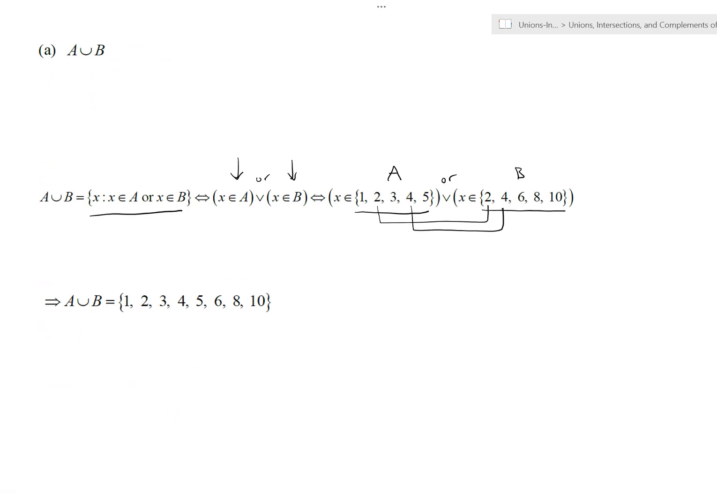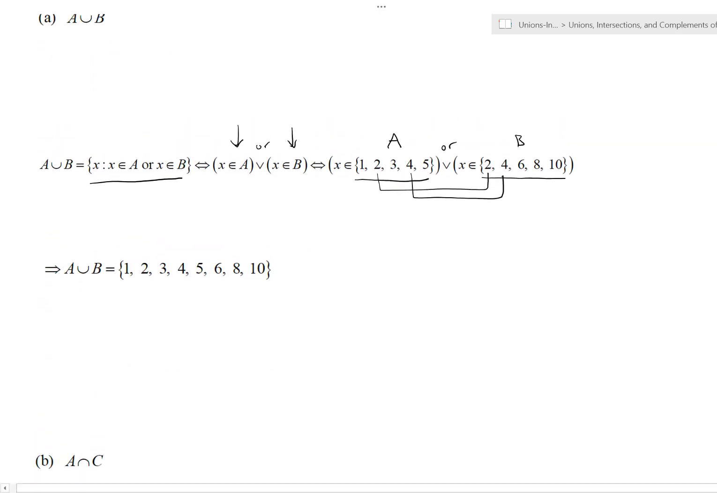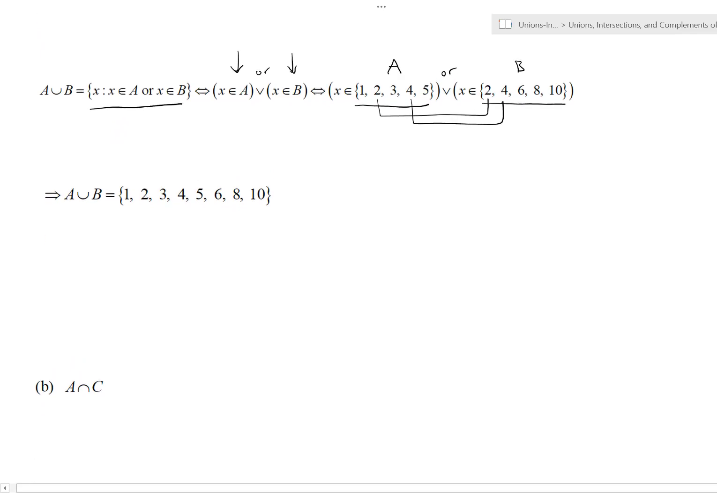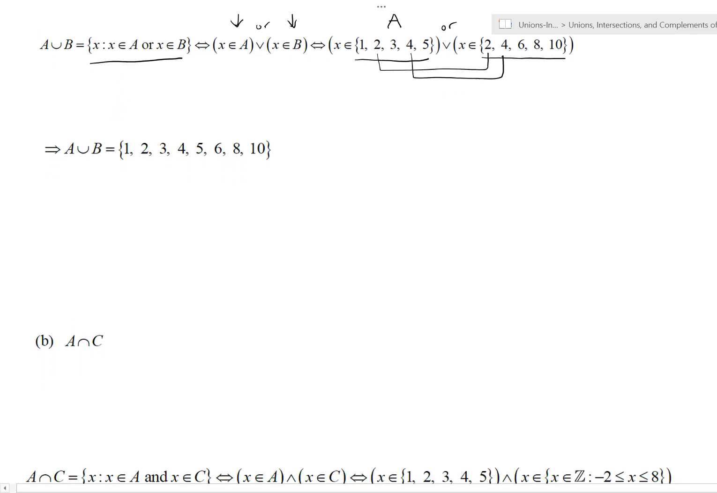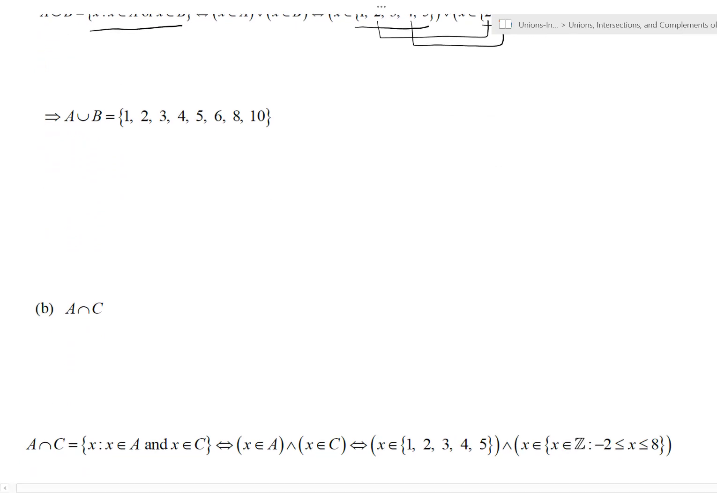You probably can guess what's coming next. The intersection of this time A and C. So A was 1, 2, 3, 4, 5. And then remember, C was all the integer values between -2 and 8 inclusive. So let's dissect again. The intersection of A and C is the collection of values that are in A and